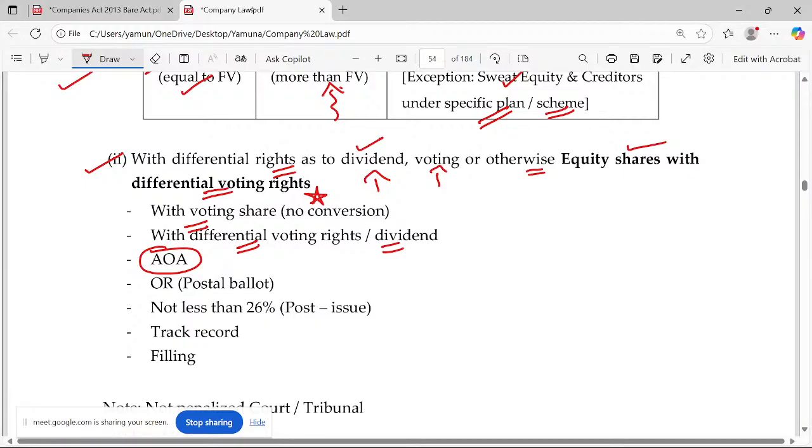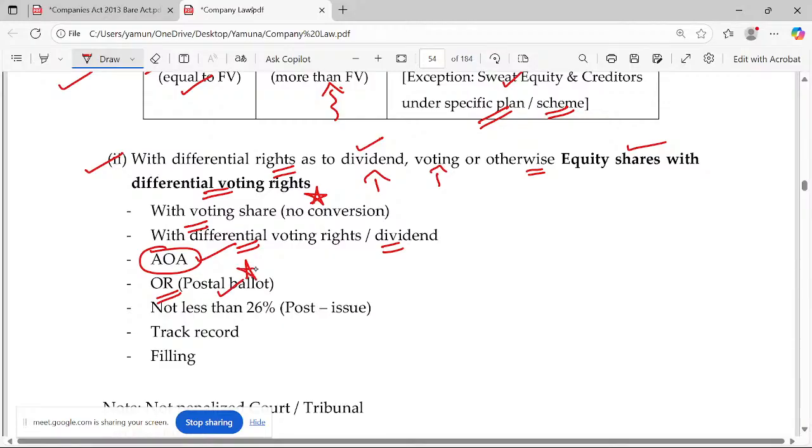It should be as per the AOA. If it is not as per the AOA, what do you do? It's not provided in the articles of association of my company. What do you do? Nothing. We'll amend it. Probably, how you do the amendment with respect to articles of association is, ordinary resolution is enough. If you go for the memorandum of association, you have to go for special resolution. Here, ordinary resolution is sufficient.